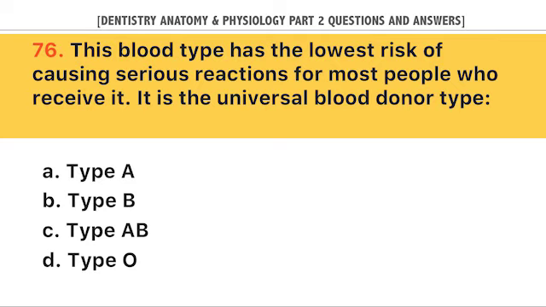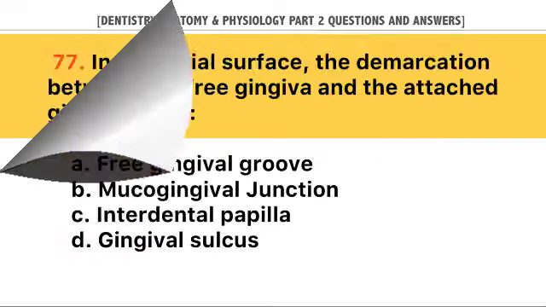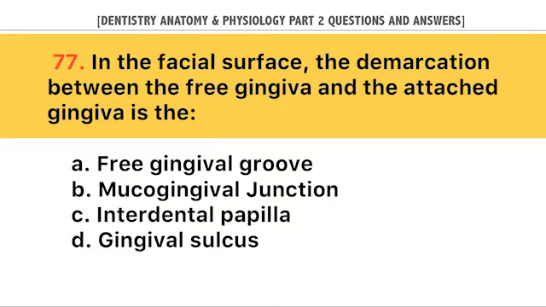It is the universal blood donor type. A. Type A, B. Type B, C. Type AB, D. Type O. Answer: D. Type O. In the facial surface, the demarcation between the free gingiva and the attached gingiva is the